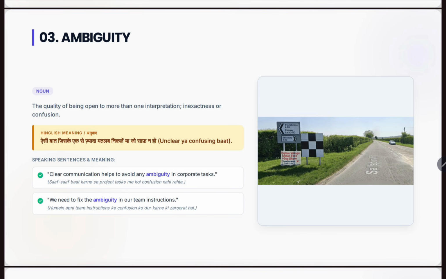So to avoid the ambiguity, we should speak or explain clear instructions to our company or to our school office, anything. So whenever you are communicating to anyone, please say your words clearly. Please pronounce clearly your words, your views, your thoughts. Okay, it helps in effective communication skills. Okay, now next is